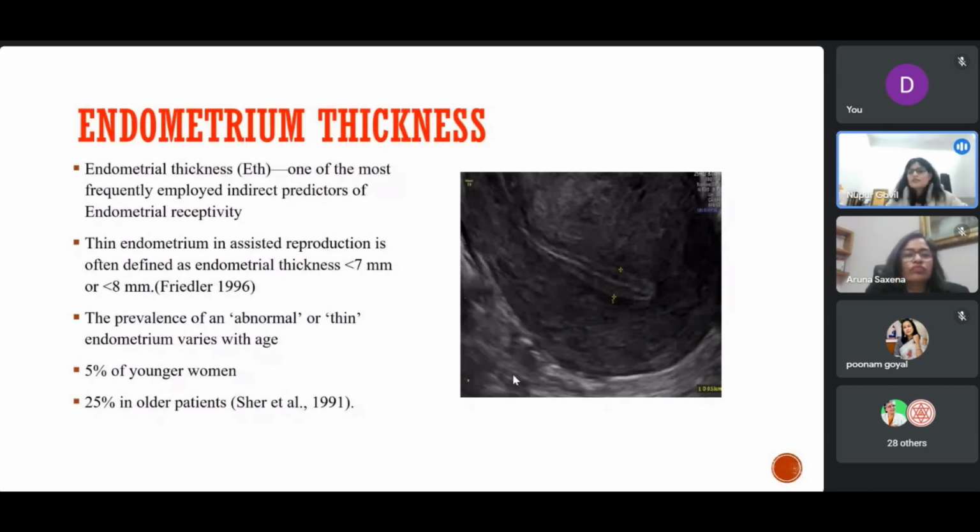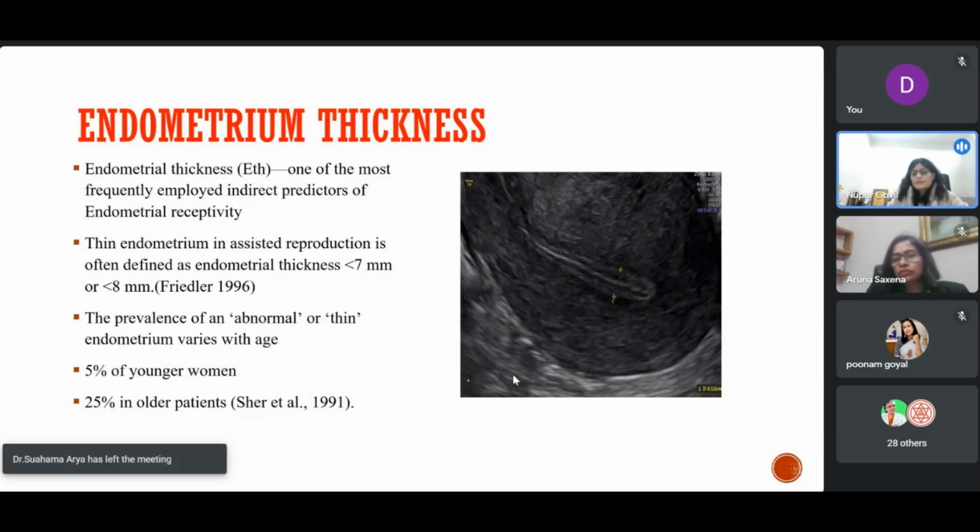Coming to the most basic, the structure of the endometrium. It is the most frequently employed indirect predictor of endometrial receptivity. And we know that if we are planning an embryo transfer and the endometrial thickness is not optimum, we usually formulate a prognosis for that patient that the chances of becoming pregnant will be on the lower side. So what is actually the cutoff for the endometrial thickness? When can we say, this is the receptive endometrium, and in this there is 100% guarantee of pregnancy? We don't have any cutoff like that. So different studies have given different cutoffs, and